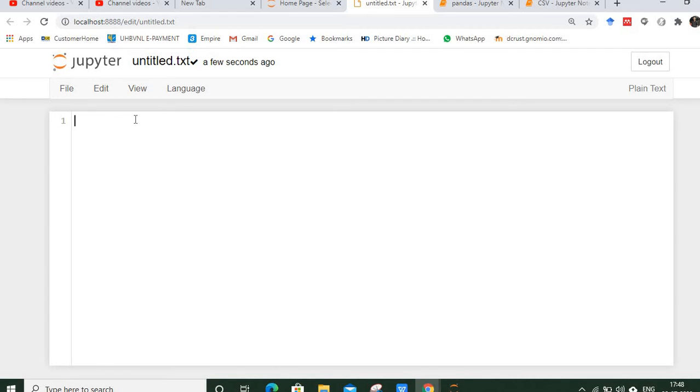Obviously the CSV file stores the data that is originally in some rows and columns format. So here we need to enter the data in some rows and columns, and the first row will obviously have the names of the columns that this tabular data will have. So let's have some columns first. Let's say serial number, then separated by comma, then name, and let us say age, and then let us say gender.